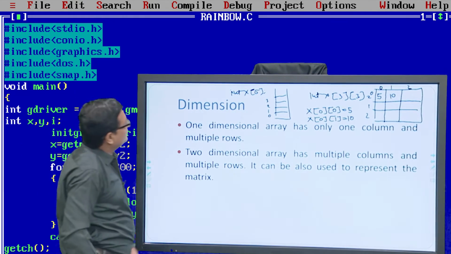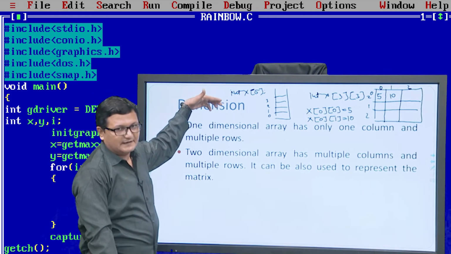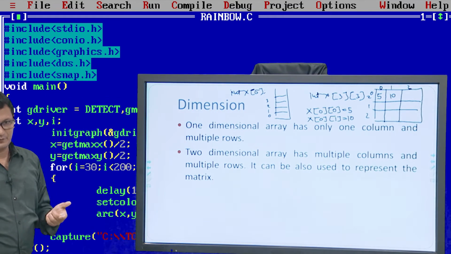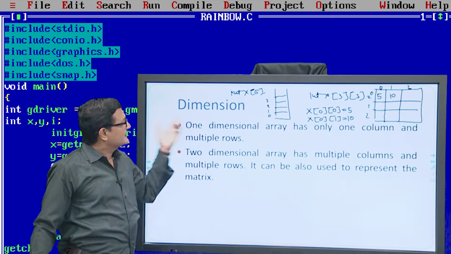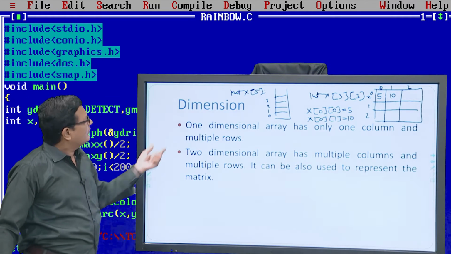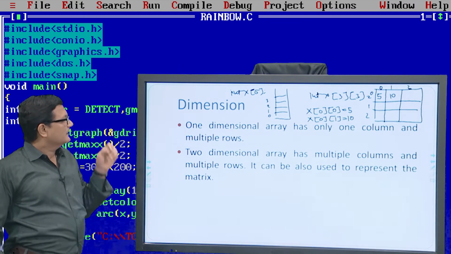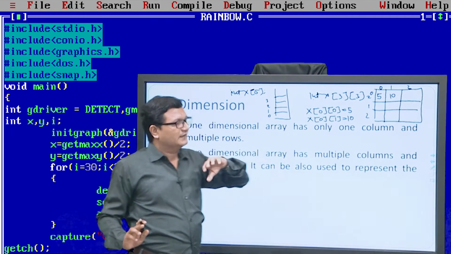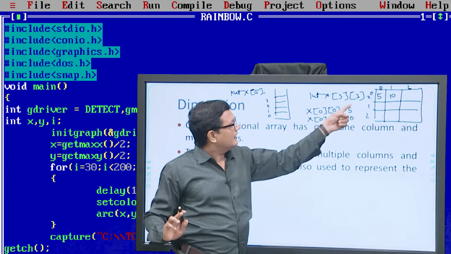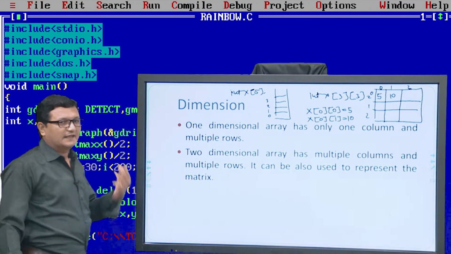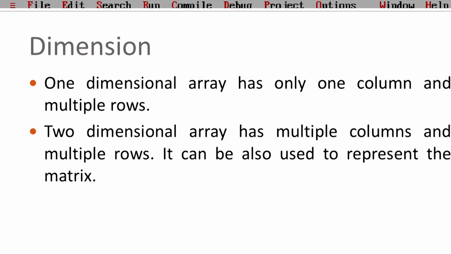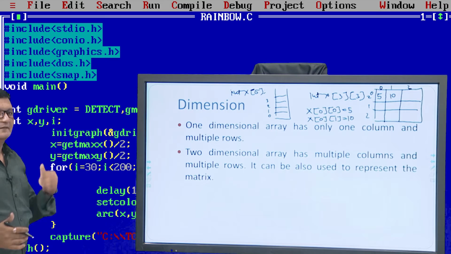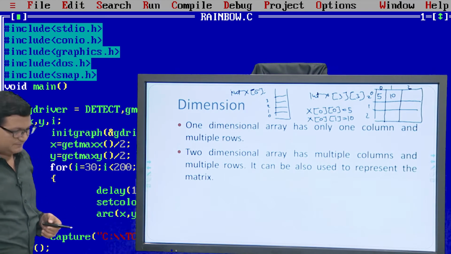In this type of declaration, our array will be declared like this, which will have only one column and multiple rows. This type of array is known as a single dimensional array or one dimensional array. In this type of declaration, integer x[3][3], we basically have 9 elements, 3 rows and 3 columns. So this is called a 2 dimensional array, and in the same way we can go up to the 7th dimension. Okay.